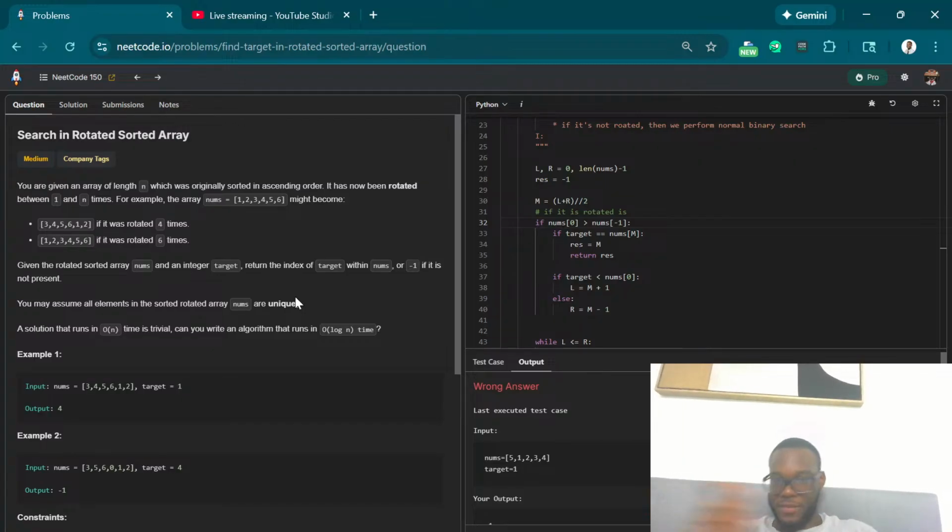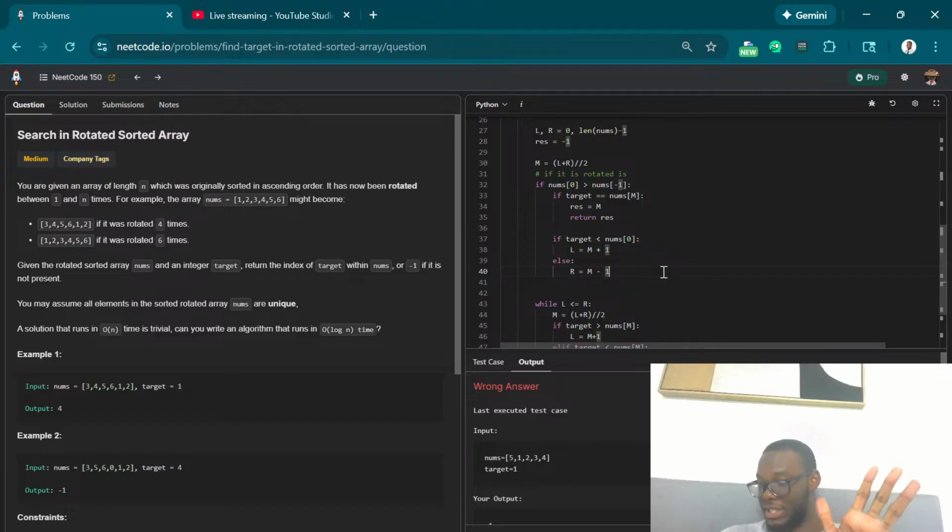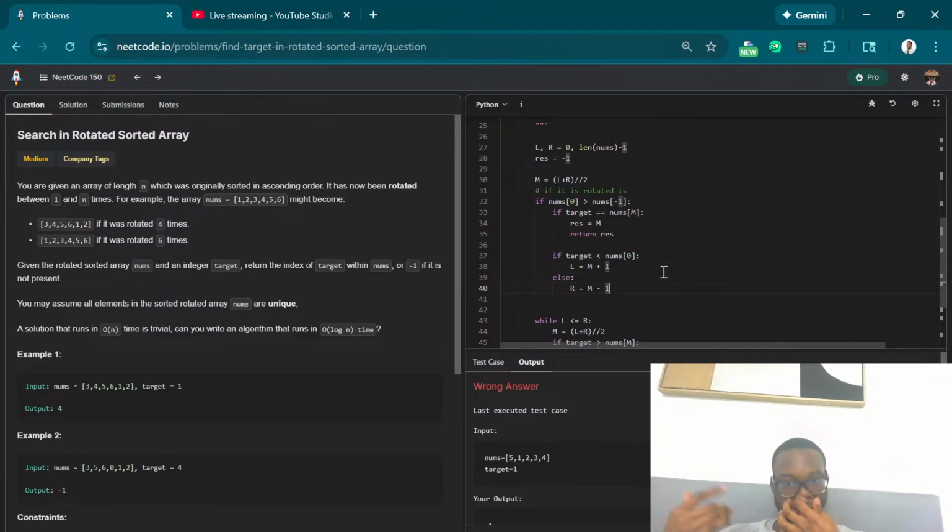Obviously, you can do the brute force where you're like, okay, if it's not here, you go here, right? But I'm really trying to, I believe the solution is actually really easy. I don't think it's hard. I really don't think it's hard. I just want to really understand what's going on before